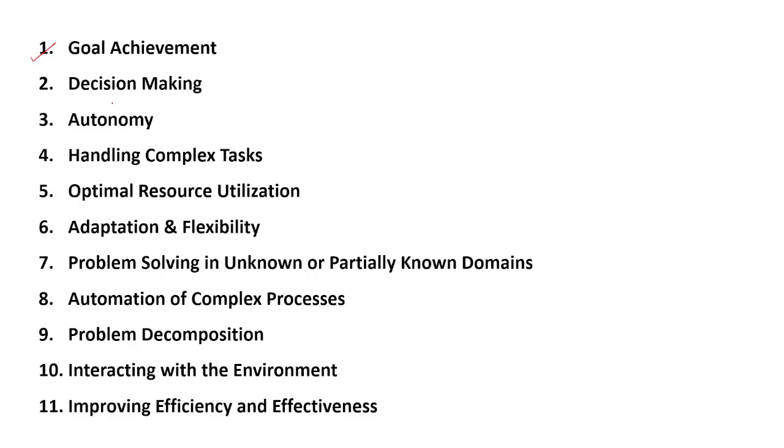So basically students, the primary role of planning system is to determine the sequence of actions that will allow AI to reach a desired goal or state from its current state. The planning system systematically considers various possibilities and finds the best way to transition from the initial state to the goal state. Right? We have already discussed one example that imagine you want to go to the store.